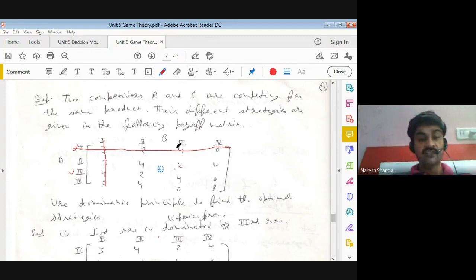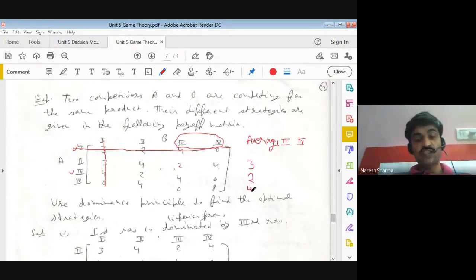But if we take the average of these two, third and fourth, no need to write, I'm just writing for your understanding, the average of third and fourth. So if you see the average of third and fourth here, this is 2 plus 4, that is 6, divided by 2 is 3. So it is 3. 4 plus 2 divided by 2, 4 plus 0 is 4, divided by 2 is 2. 0 plus 8 divided by 2 is 4.